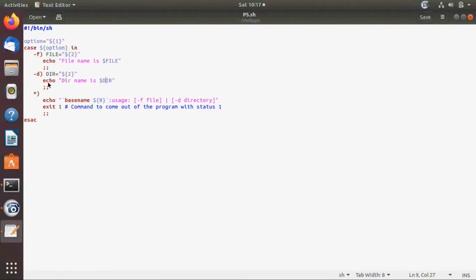If the argument is not a file and not a directory, then print a message on how to use it. After that, exit 1 means the command to come out of the program with status 1. Status 1 means failure.